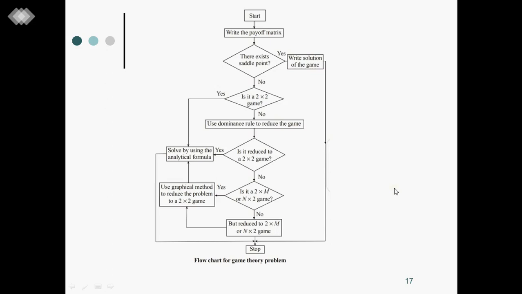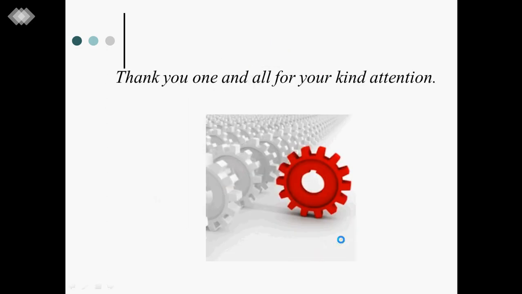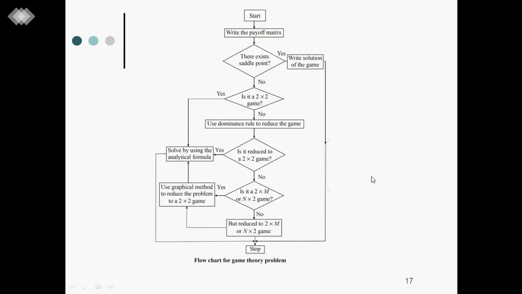Now, in a nutshell, to understand, I have given a wonderful flow chart for game theory problems. So what is this flow chart? Okay, let us see. By means of the flow chart, you can remember the methodology very clearly. It is like a mind map, what I can say. Start. Write the payoff matrix. The entire 2 sessions, I am going to summarize in the form of a flow chart. That is, the whole game theory is in this flow chart.